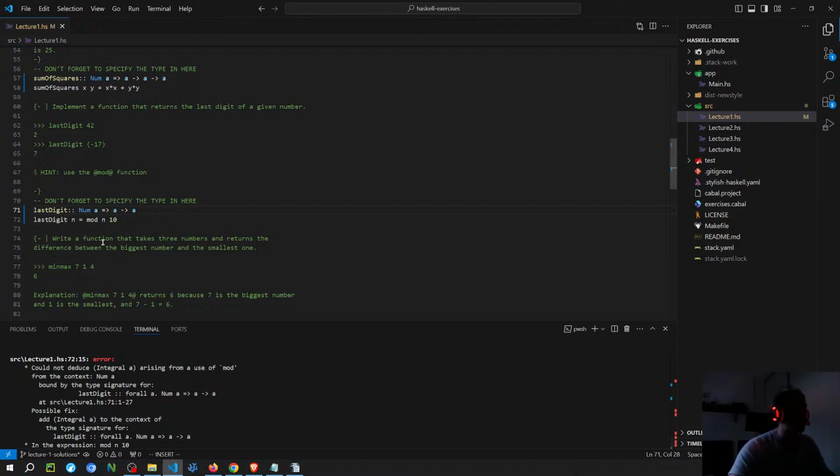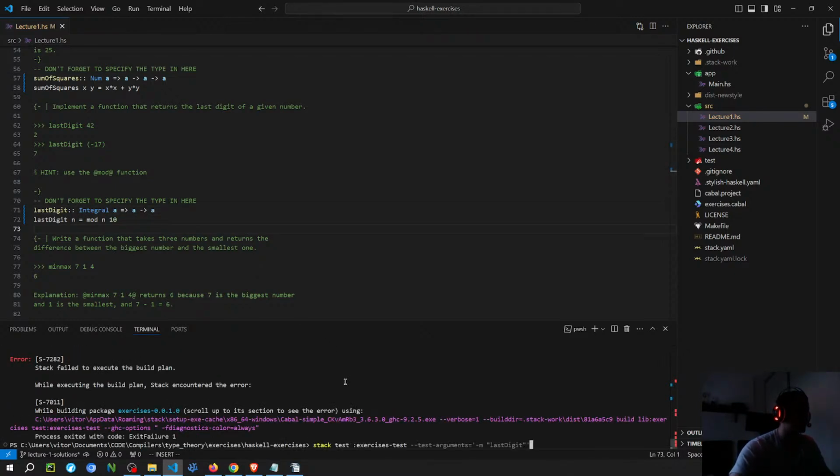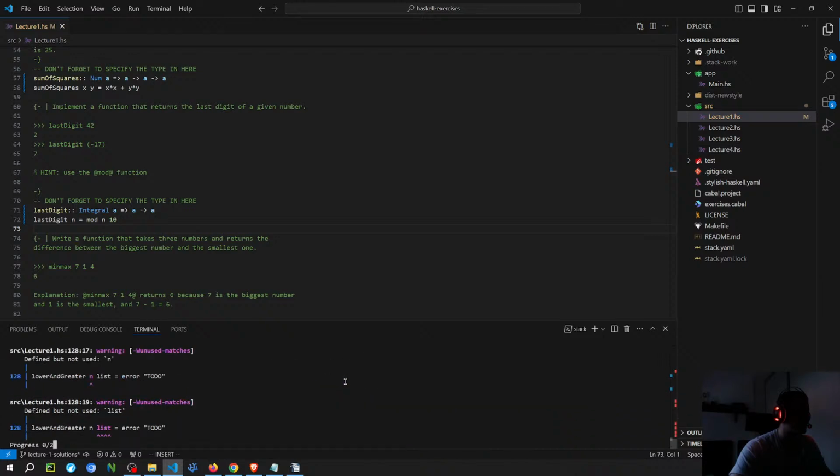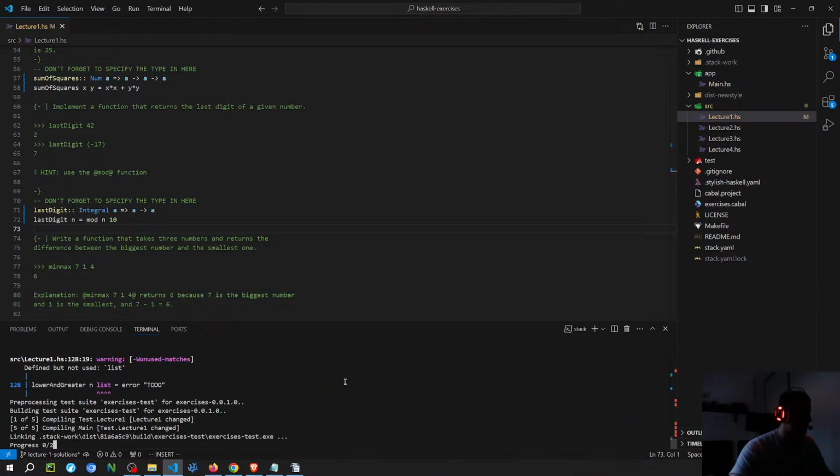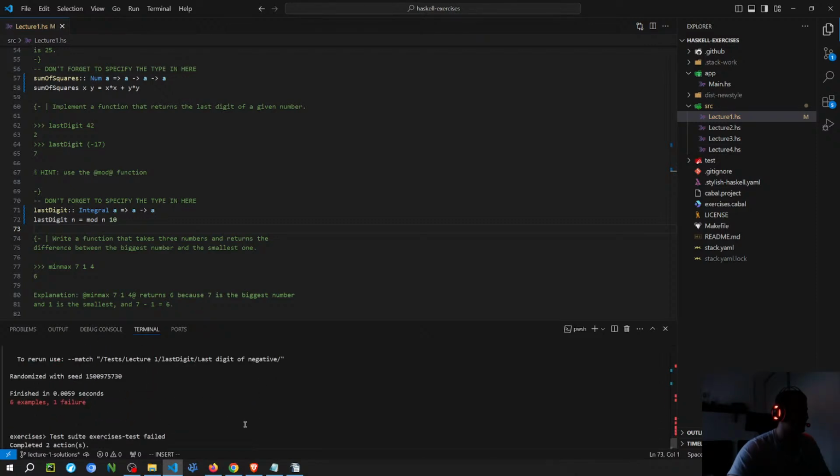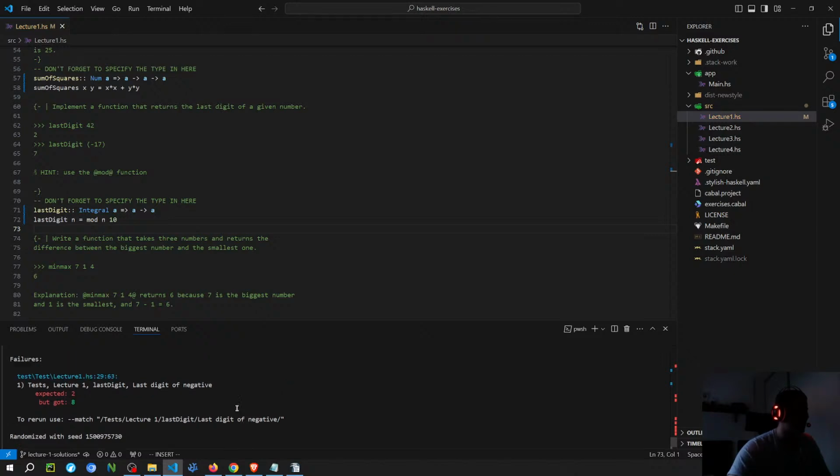Or maybe it's the other way around. Like the mod is an integral type, and let's see. So now it works. So it was the other way around,